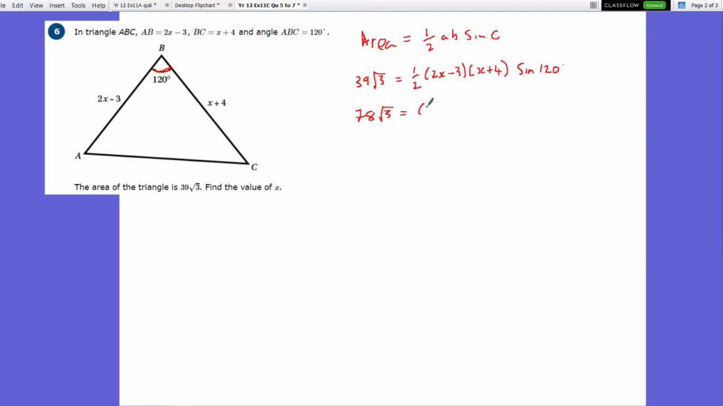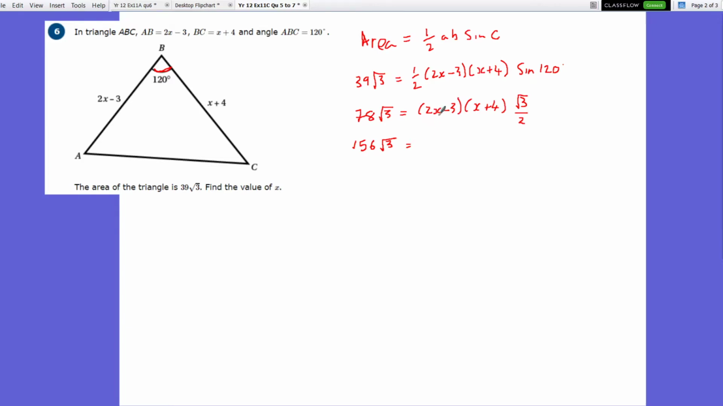So before we expand that, we've got 2x minus 3, and we've got x plus 4, and this, we said, is root 3 over 2. Again, we can get rid of this divide by 2 by timesing it by 2, so doubling it. So I'm going to do 2 times 78, which is going to give me 156 root 3